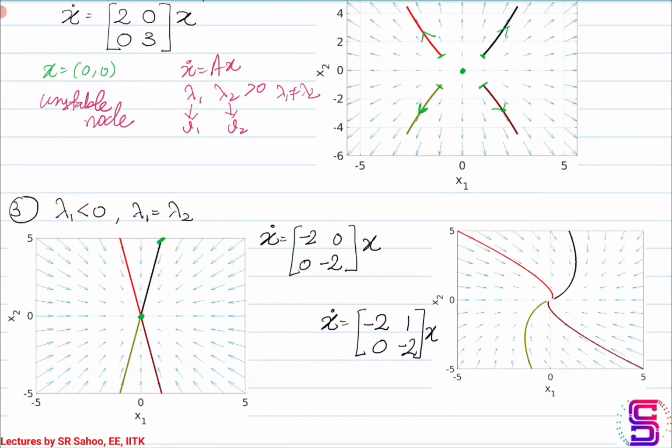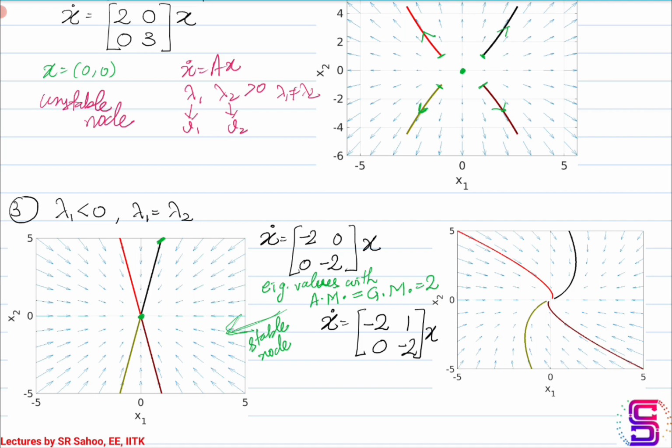And in this particular case, the eigenvalues are repeating. So here we have eigenvalues with algebraic multiplicity the same as geometric multiplicity, which is 2 in this particular case. In such cases the eigenvalues are stable and we classify this as a stable node, because the behavior of the trajectory is similar to what we had for negative distinct eigenvalues. So I label it as a stable node.